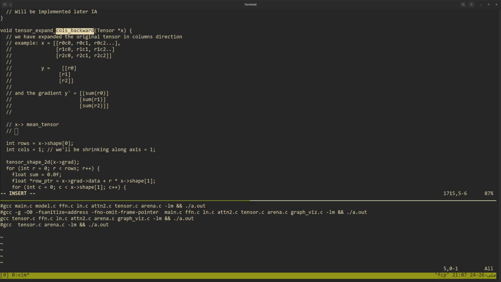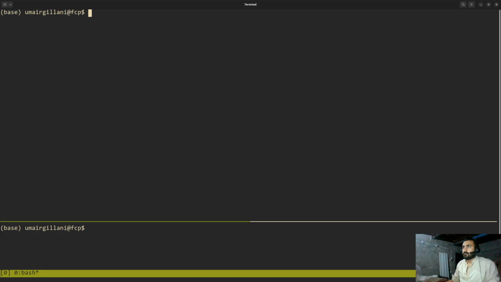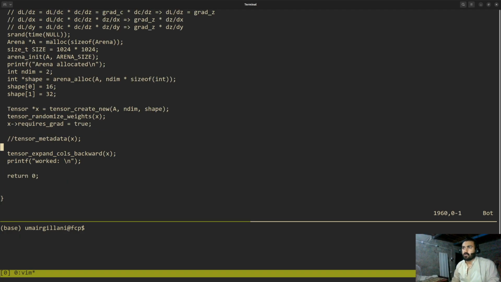Expand columns. Expand columns. Okay, so where is expand columns? Okay, so it won't work because